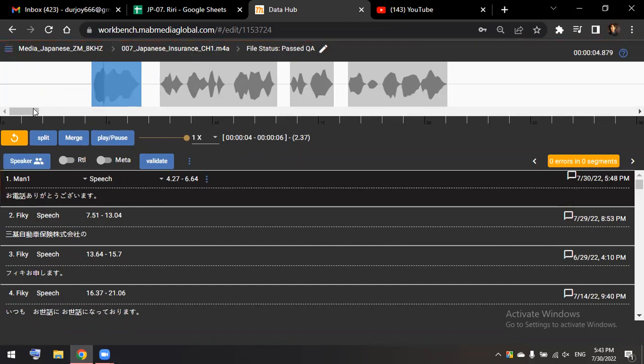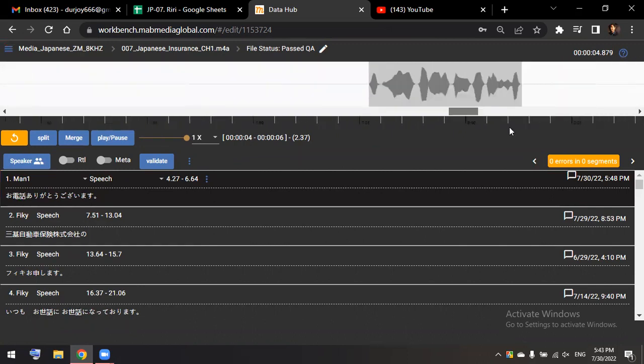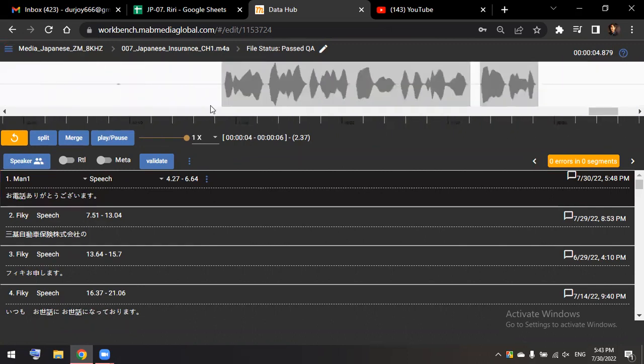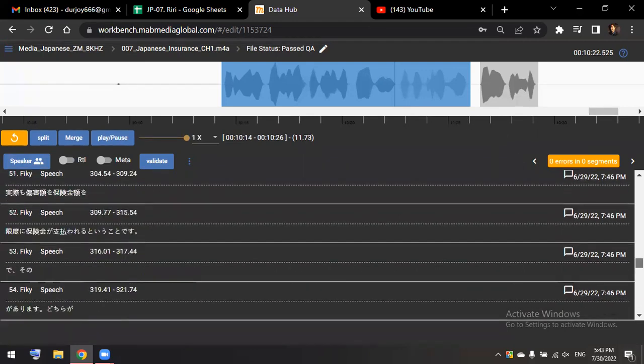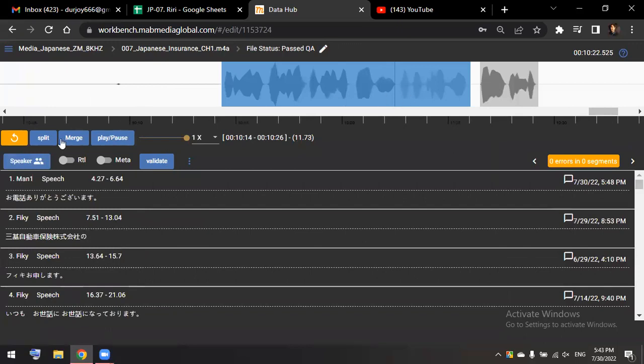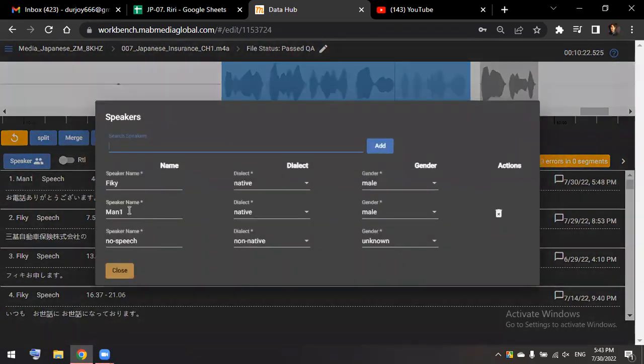After that, in the middle or at the end, the person says his name. For example: "Yes, thank you for talking with me." "It's my pleasure. I'm Johnson, always for you." You understand that this person is Johnson. Whenever you hear the name, you can write the name instead of man one. At the beginning you treat it as man one because you don't know the name, so you write Man, no space, then 1, and the dialect.